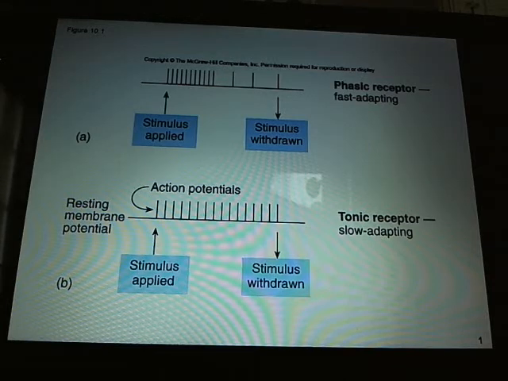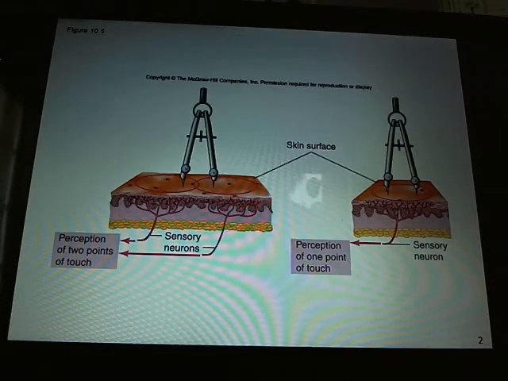2-point threshold. Let's see if we can go on here. As I said, your receptors in the field on the skin are distributed differently. It's not one big receptor. What we did in this lab is we looked at a 2-point threshold, and that's where we use the calipers to touch various parts of the body with the 2 points of the calipers, and then narrow it down until you could only feel one